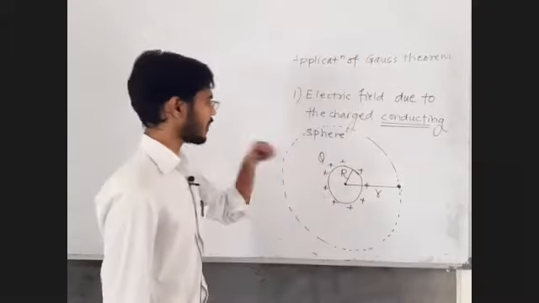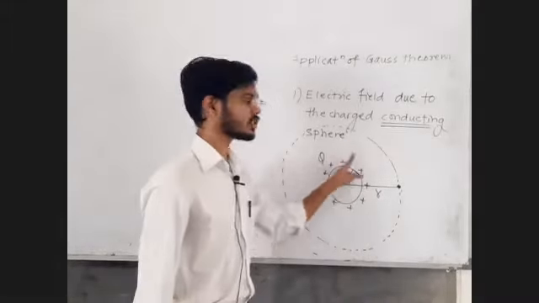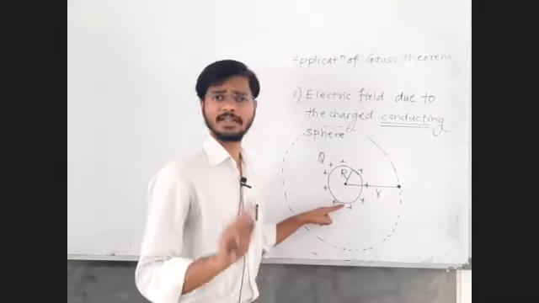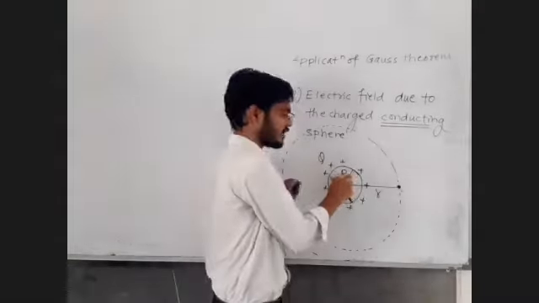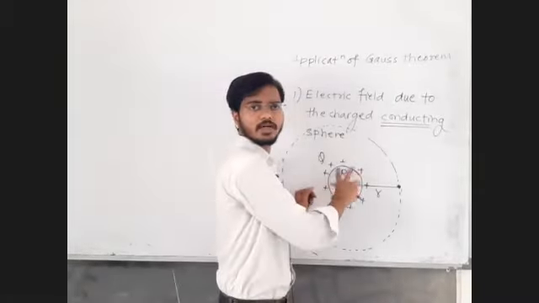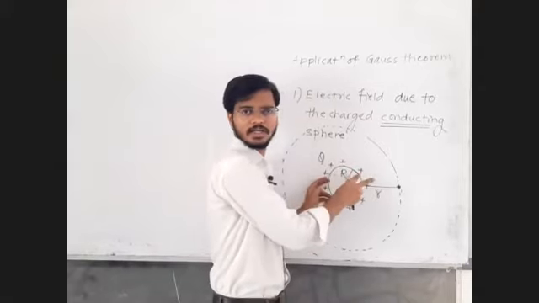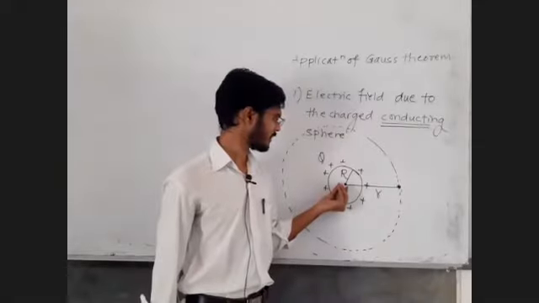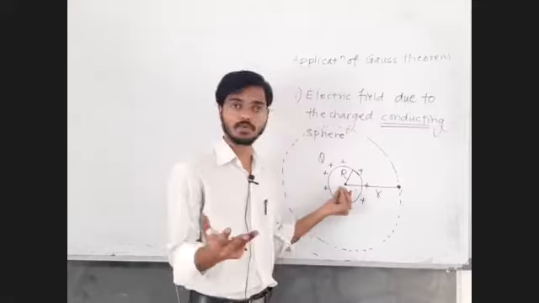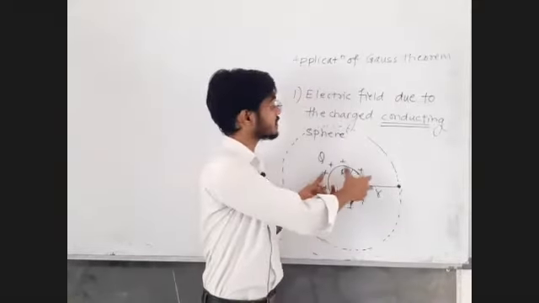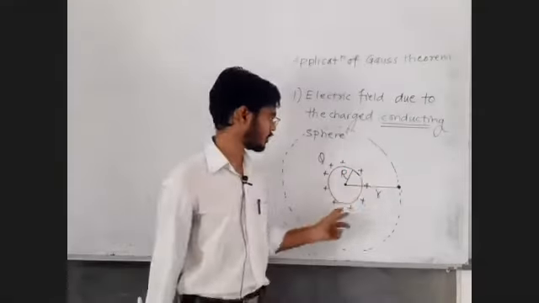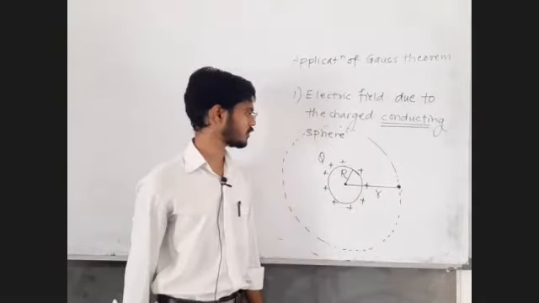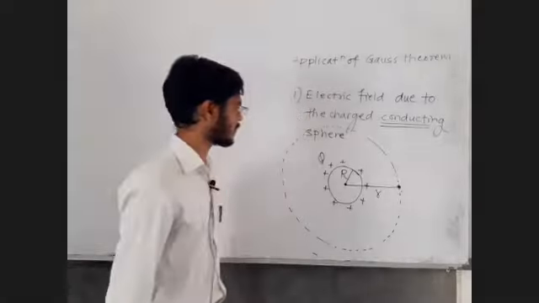Our sphere is a conducting sphere, so charges can be only on the surface. They cannot remain inside the volume of this sphere because they will repel each other. When the charges are inside the conductor, they repel each other, and a conductor allows the flow of charges. Charges try to maximize the distance between them. That is possible only if the charges arrange themselves on the surface. That we have already discussed.